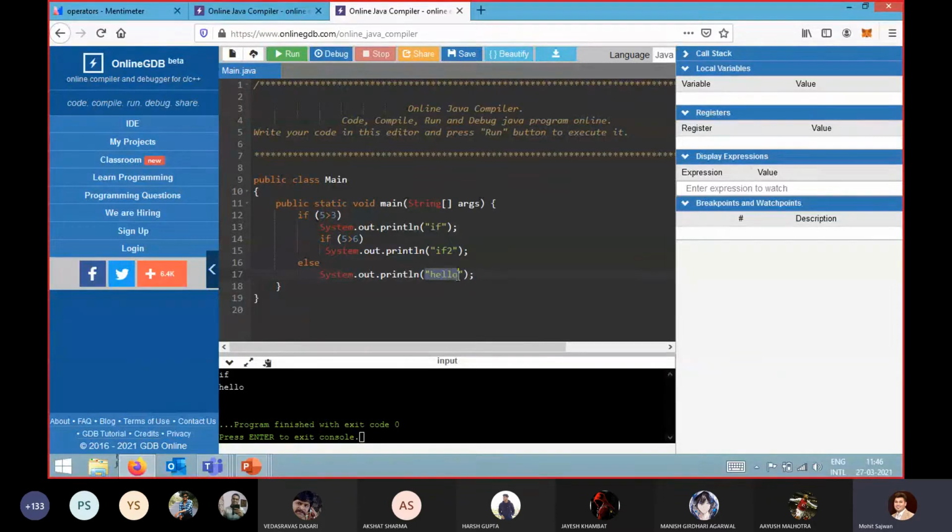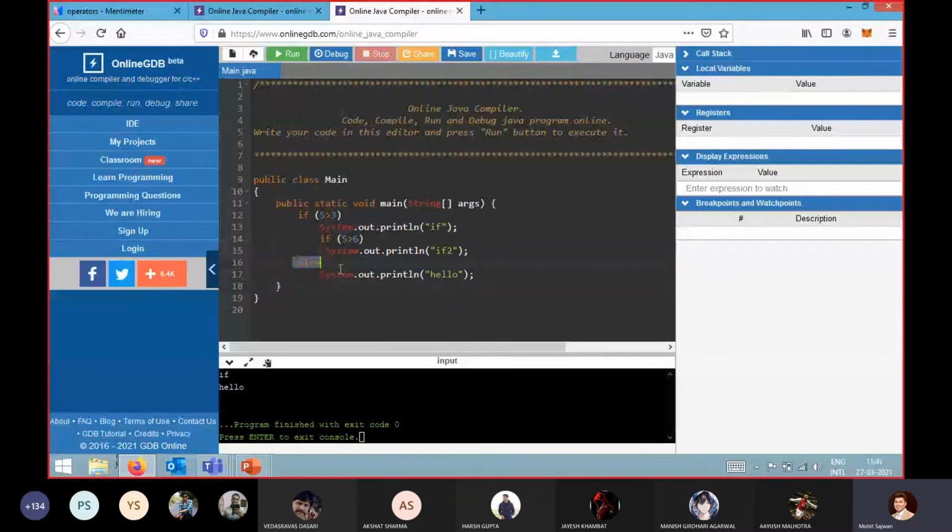Now the question that comes to your mind is why we are getting the output hello, because you can see hello is in the else statement. So why is it executing this statement? Always remember, in the Java programming language, whenever you have written 2 ifs, 3 ifs, 5 ifs, for example, and after that you have written an else statement, this else is related to the closest if.